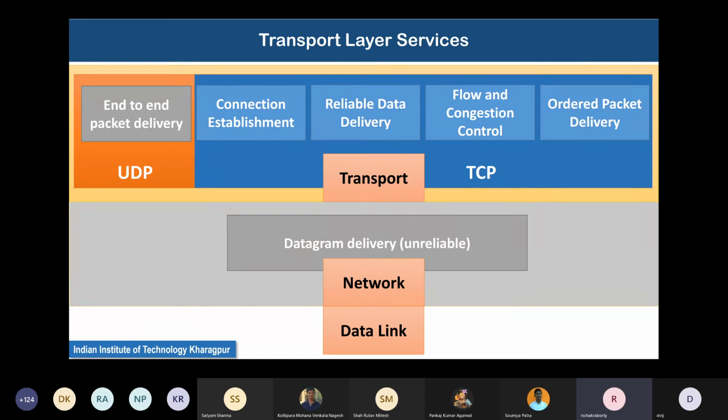Each of these concepts will take one or more weeks for us to cover. So the transport layer coverage itself might take a month or more. Okay, it is that complicated.